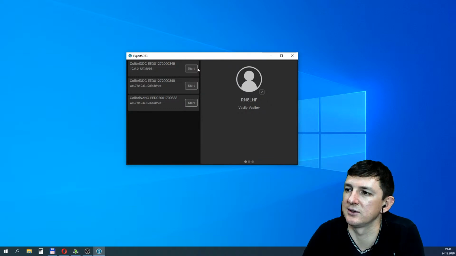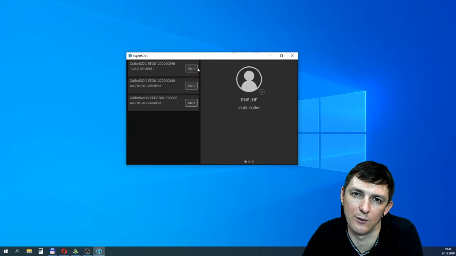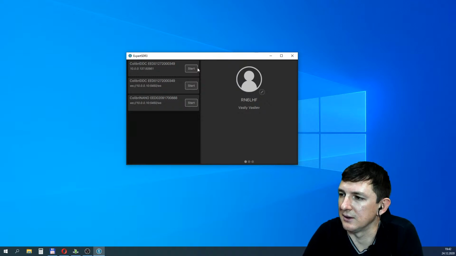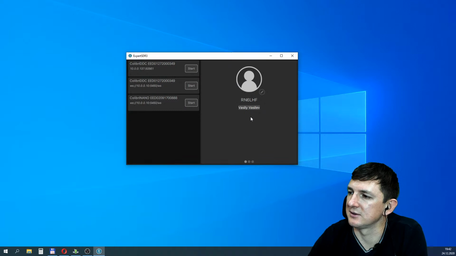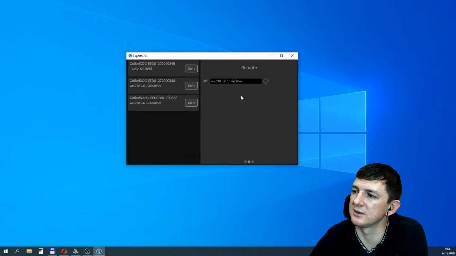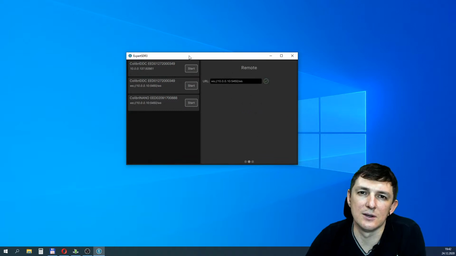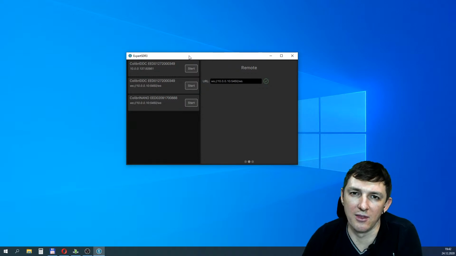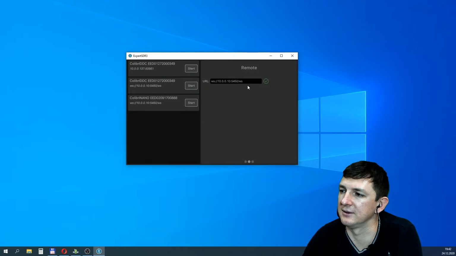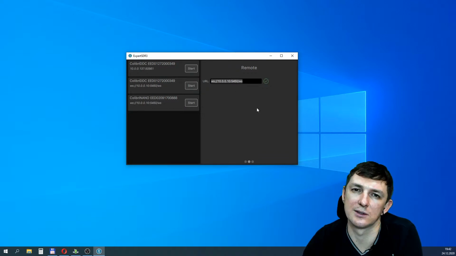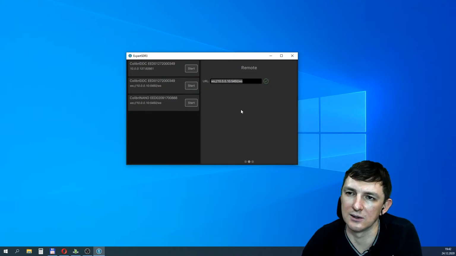Just start Expert SDR3 on remote site, make settings here, remote settings, and open the same version of Expert SDR3 on your local site, and put here correct IP address. It will work.